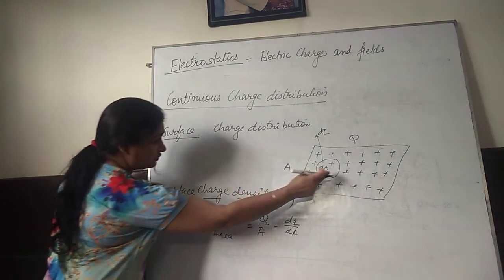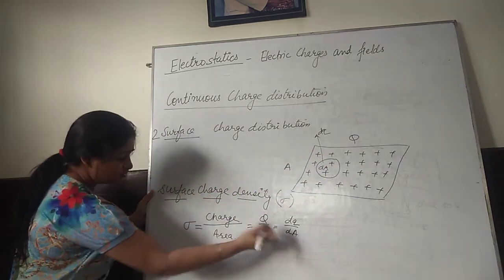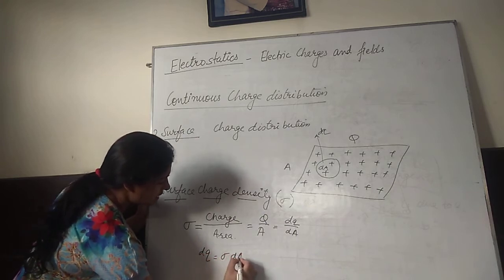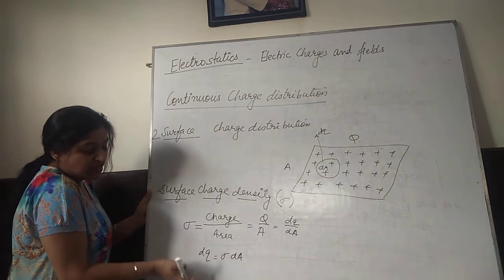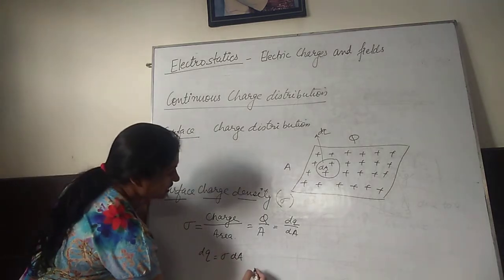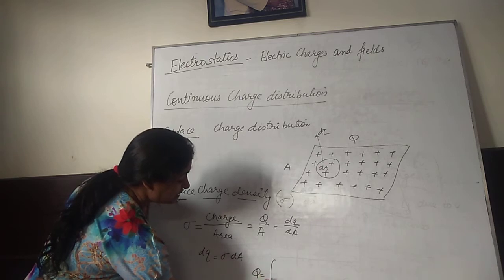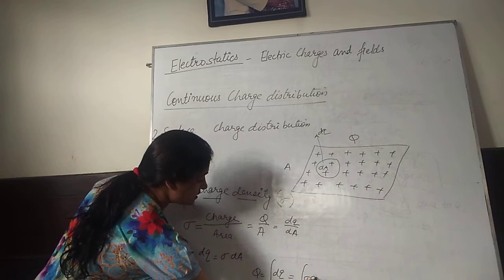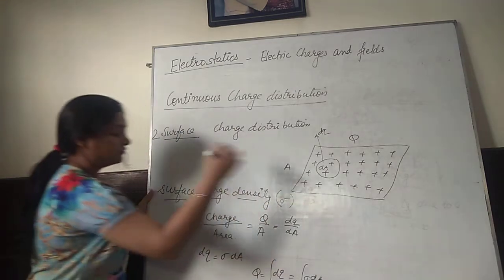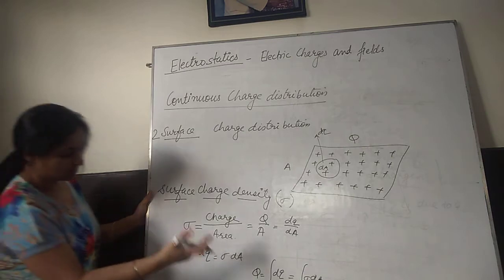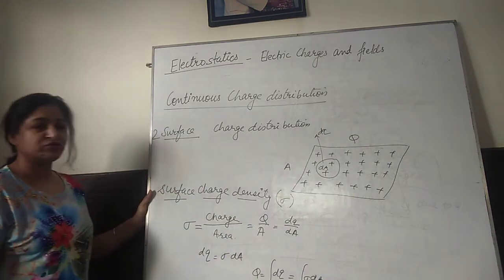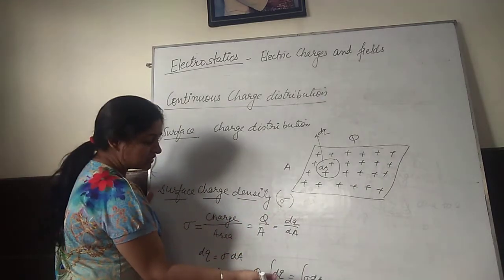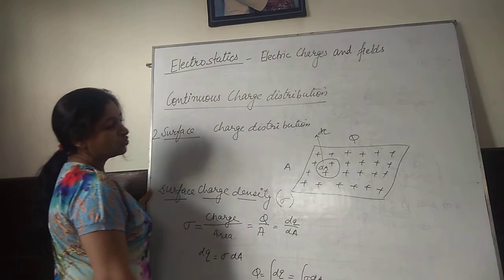If you want to find out how much charge this portion has, using the formula I can write dq as sigma dA. And if you want to extend this discussion, we can write the total charge, that is the integration of dq for the whole surface, as the integral of sigma times dA. This is for the whole area of the sheet. We can apply this for the linear charge distribution also. If you want to find the charge for the whole length, you can use the same formula of integration to find the total charge on the length.